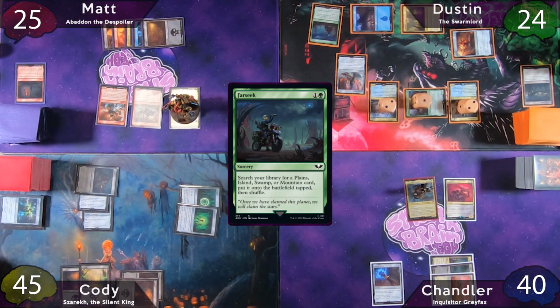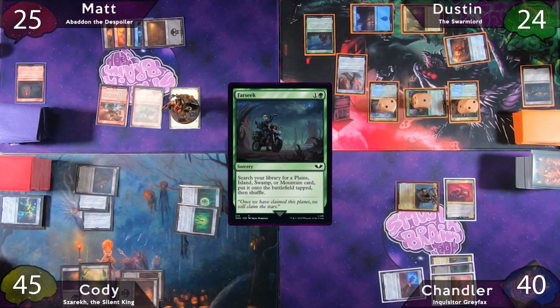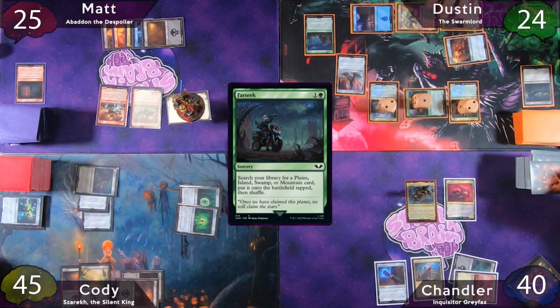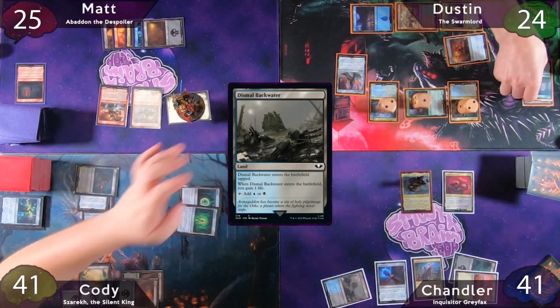And then Dustin also remembers the counter from Biophagus. He'll then cast a Farseek, finding a Cinderglade to the battlefield tapped, and he'll pass to Chandler while searching. Chandler stops him on his end step, and he'll activate Inquisitor Greyfax to tap down Abaddon, and he'll investigate. Then on his turn, he'll pay 2 to crack the clue, drawing a card, and then he'll play Dismal Backwater as land for turn, gaining a life. After this, he'll move to combat, swing for 4 at Cody, and then he'll pass the turn to Cody, who